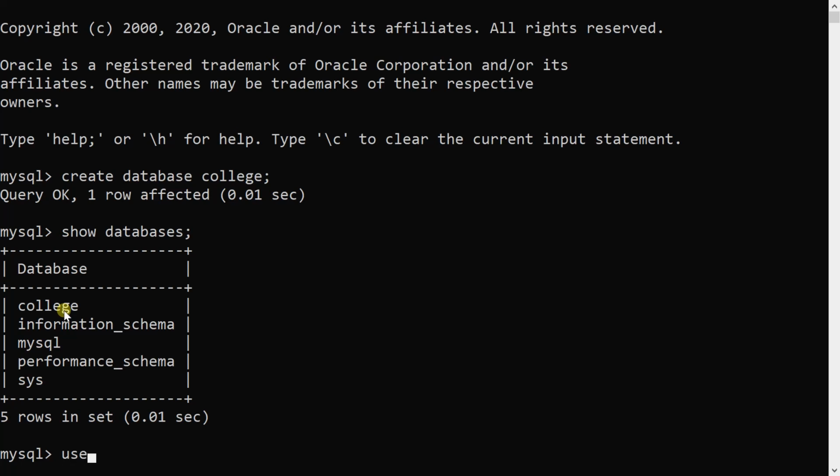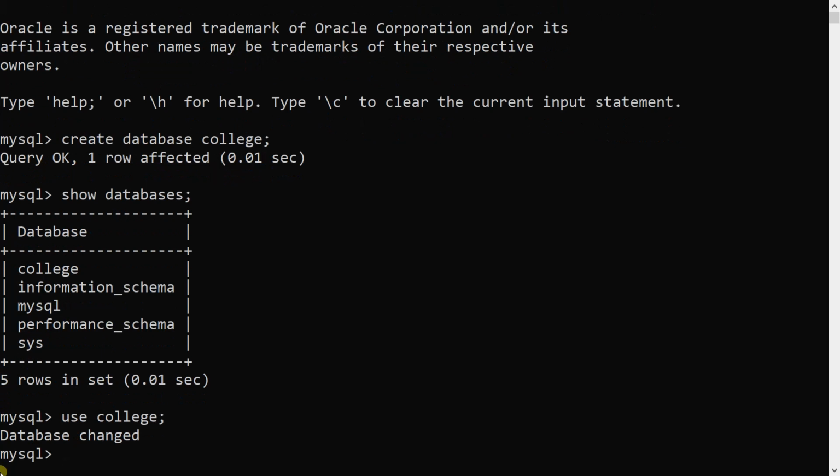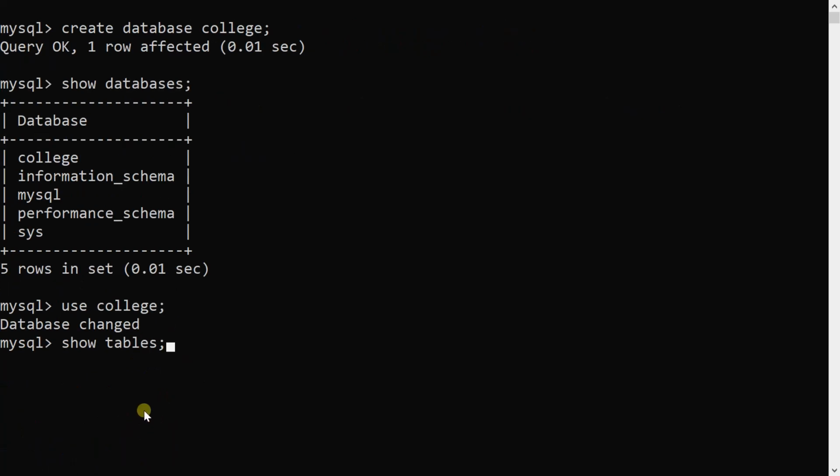So I will execute the command use college. Database changed. If I execute show tables, which is the command that displays the tables in the database, it will display an empty set because I haven't created a single table.